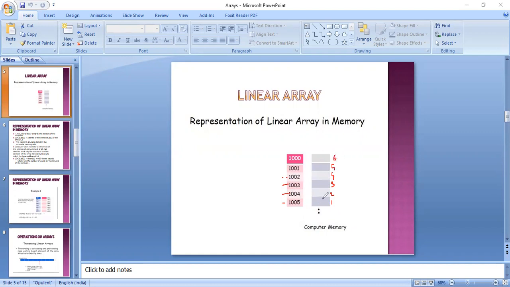And afterward, under these locations, these slots, we can put our elements, we can place our data. So it can be an integer value, character value, any. So this is a memory representation of a linear array. Every array has certain slots, that is the limit of the array, the size of the array, and they are occupied with certain memory locations and index values. So this is how arrays are maintained.